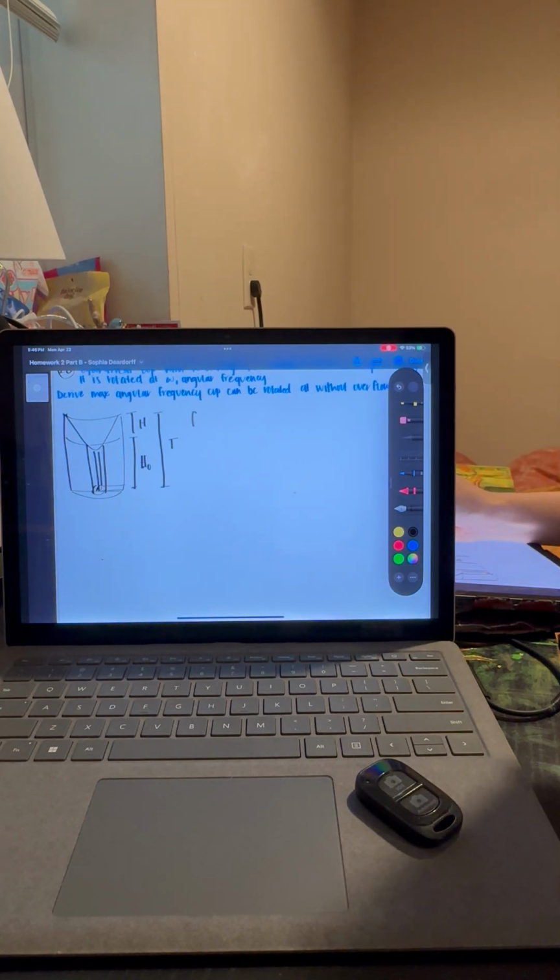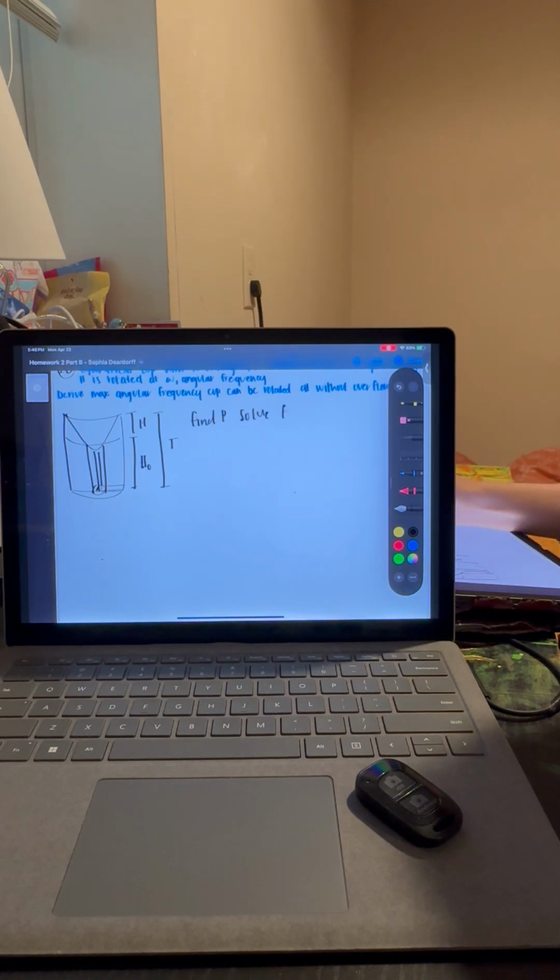So first we will find our pressure and solve for H, and then we will find the diameter and solve for